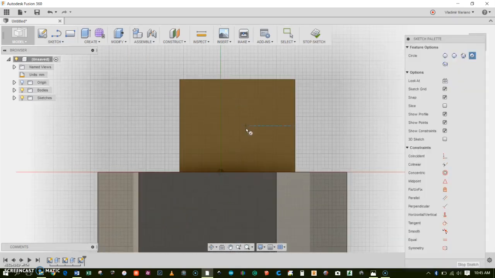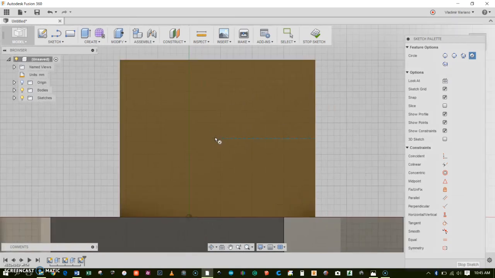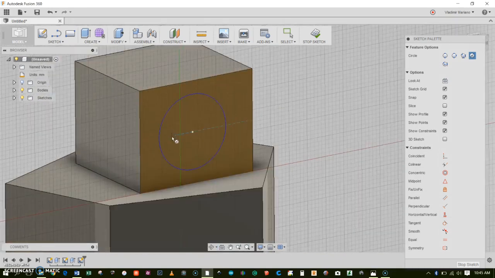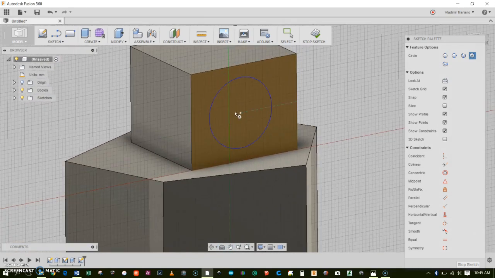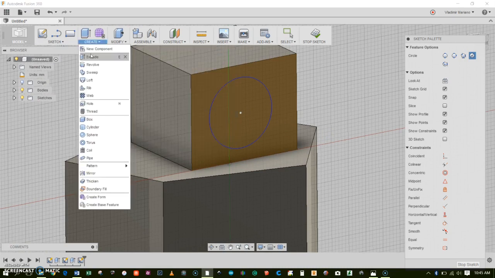Now I can go ahead and draw my circle by just picking a starting point and dragging out to set my diameter. Again, don't worry about the dimension, just pick something that looks something like this. Okay, now I have my circle in that face. So let's go ahead and also extrude this, but this time we're going to extrude it in instead of outwards. So we'll click on Create, Extrude,